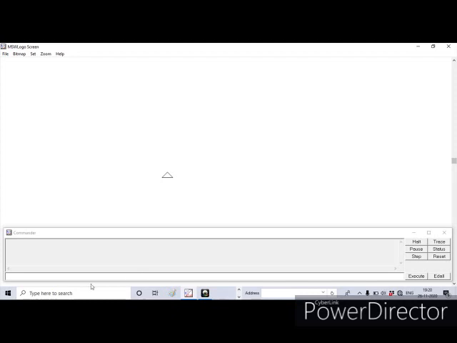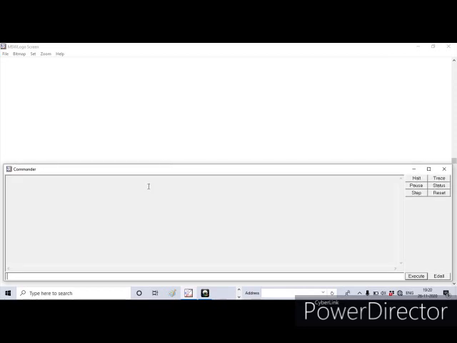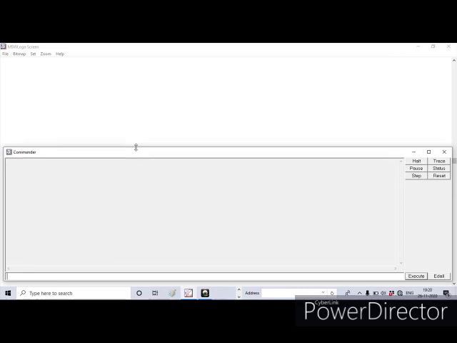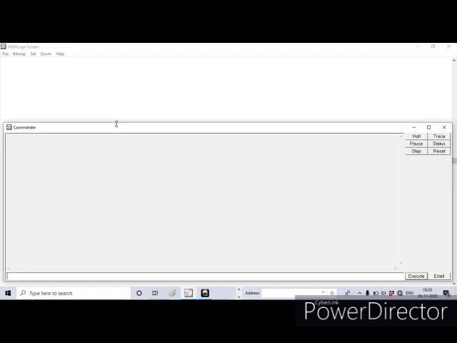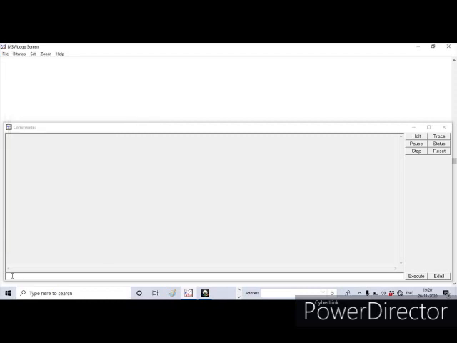You can do calculations in Logo. For example, if I want to add any two numbers in the input box, see, we can change the size of the input box. Because the output of the print command is displayed in the commander window, there is no need for the graphic screen now. So I am just increasing the size of the commander window, and we can also change the font size by clicking on set commander font. Using this option, we can change the font size. I hope you all can see the screen properly.